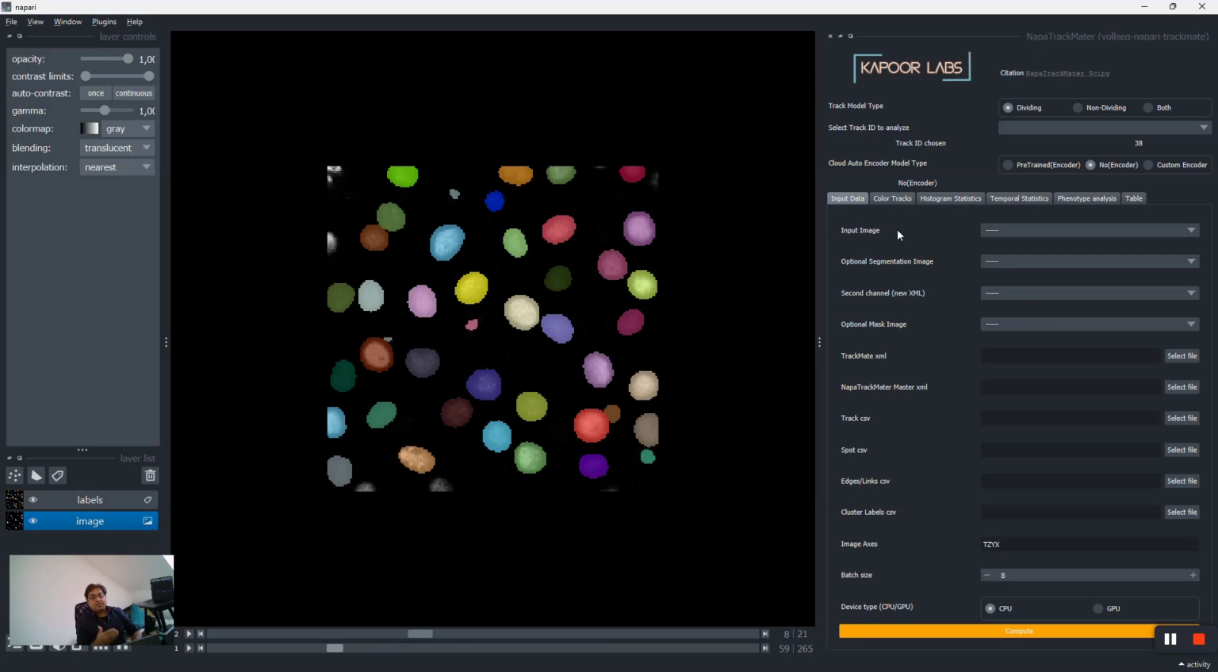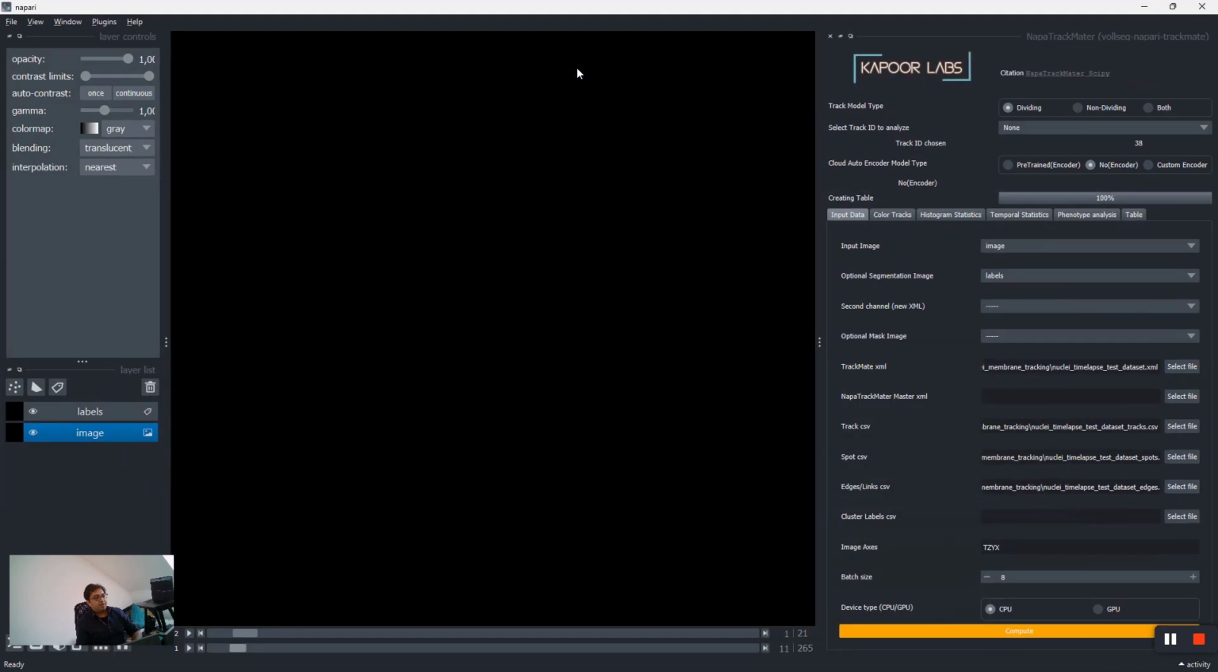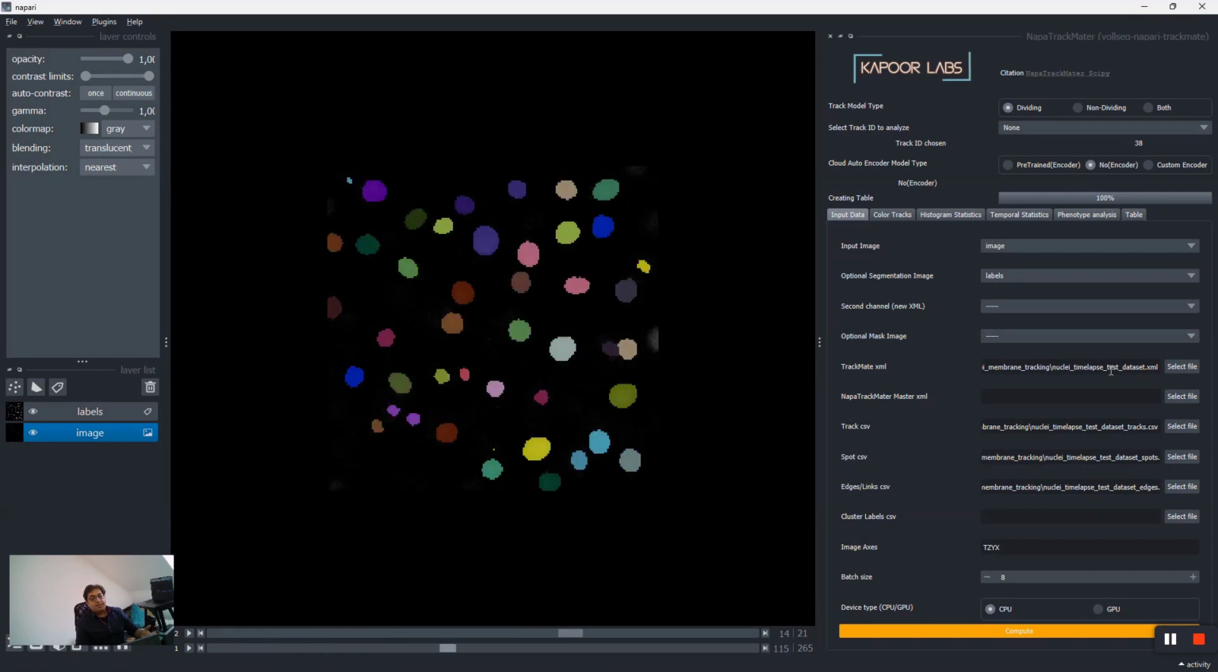Now you see that there are a lot of options over here and I'm going to quickly fill up these options for you. So let me just grab this window where I have already done this. Here I have already filled up these fields that you have to choose the input image. Optionally, you have to choose the label image, which is the segmentation image that you get from the sample. Then you can select the XML file of Trackmate and the CSV files of track spots and edges that come